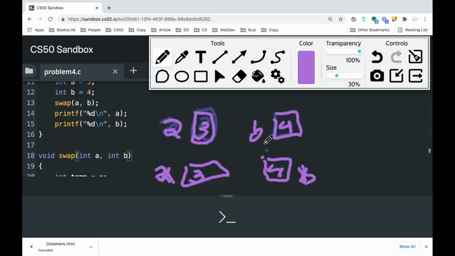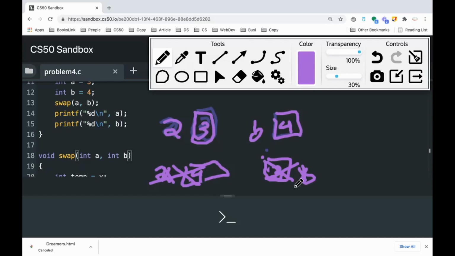So obviously swap is going to work because we do that temp thing that I just explained. But when we exit swap, the variables that are inside get out of scope, meaning they are not available anymore for us. They disappear. So we did swap 3 and 4, but we swapped the clones of A and B,